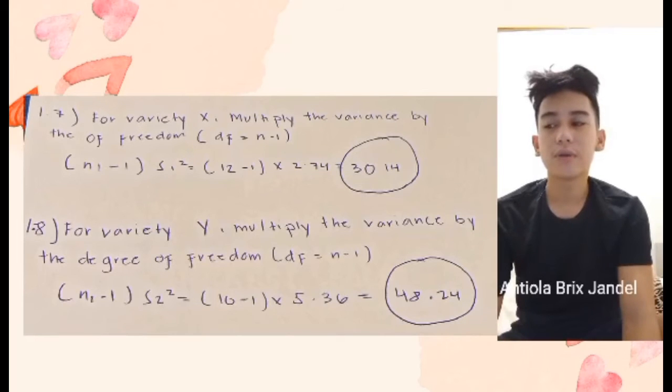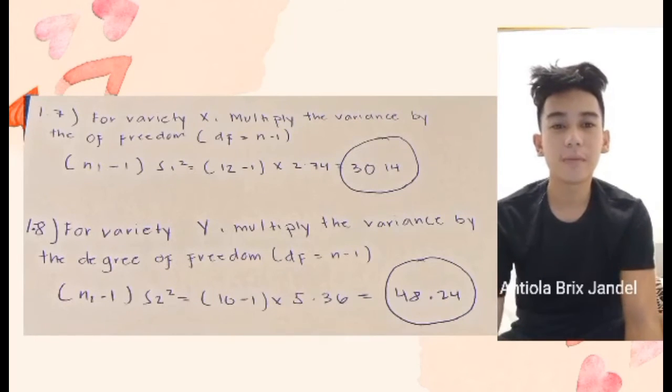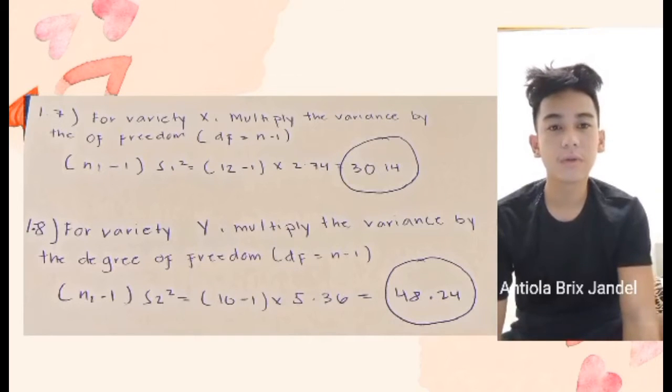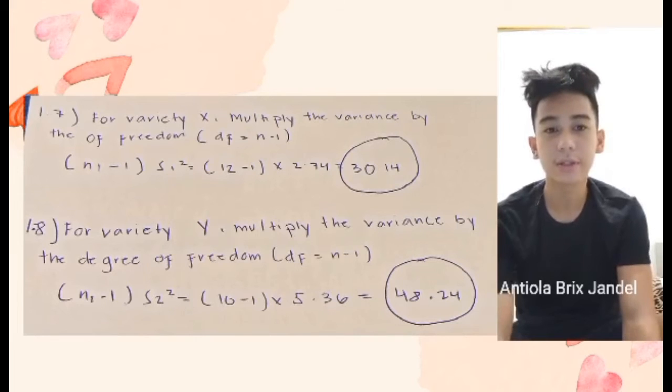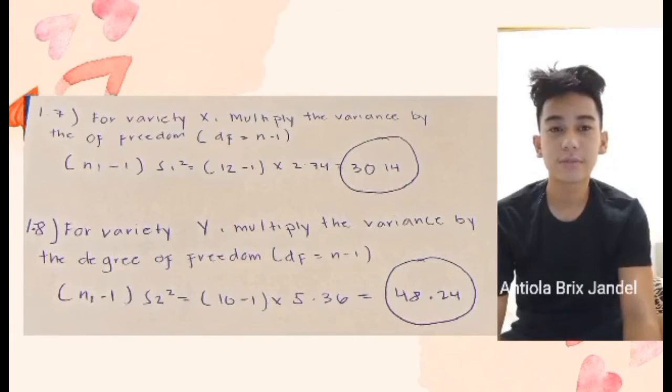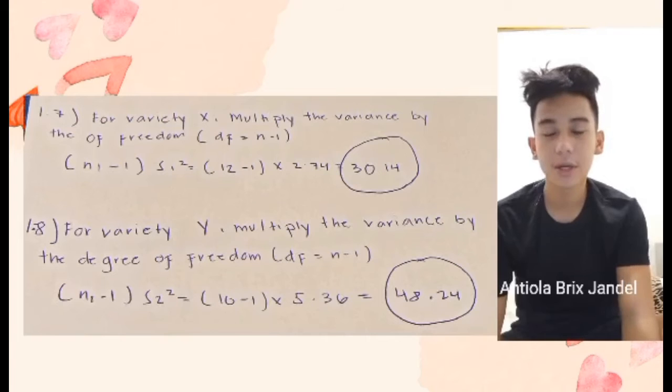In 1.8, we follow the same formula but for variety y: n2 minus 1, which is 10 minus 1, equals 9. We multiply by the variance of variety y, which is 5.36, and the answer is